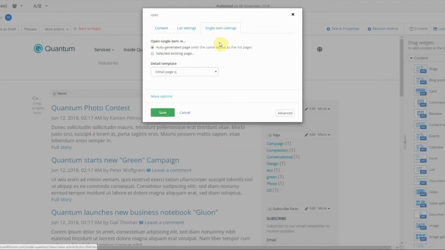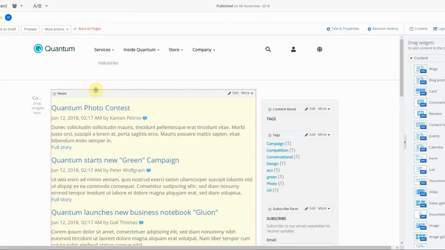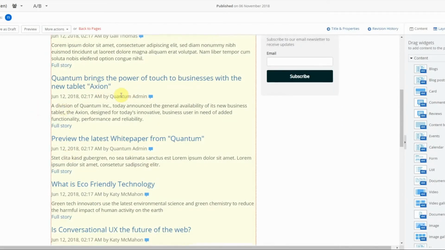But really what's controlled here is what is shown on the page when an article is selected. And since we are loading content into this page dynamically, we will select auto-generated page, and then we will select the detail page queue. This is relative to what it's named in your code, but in our example, it is named this. And so this is selected, and as you see, it shows everything here still.